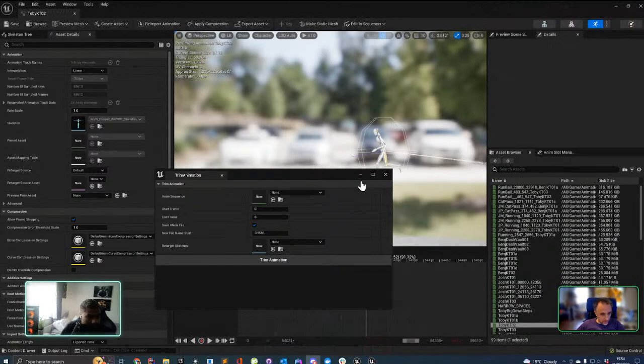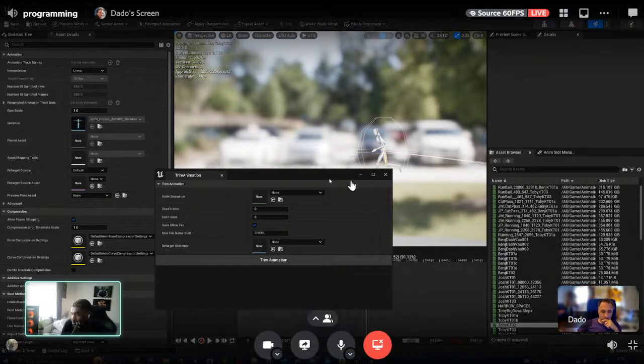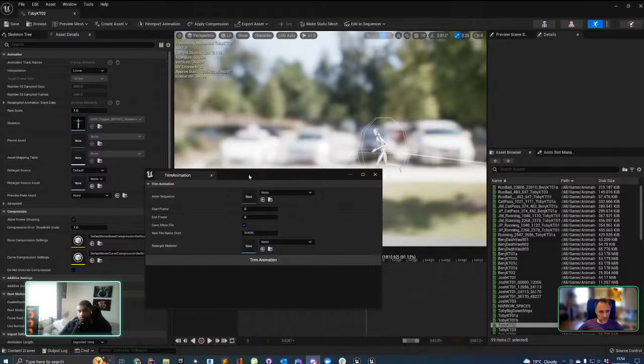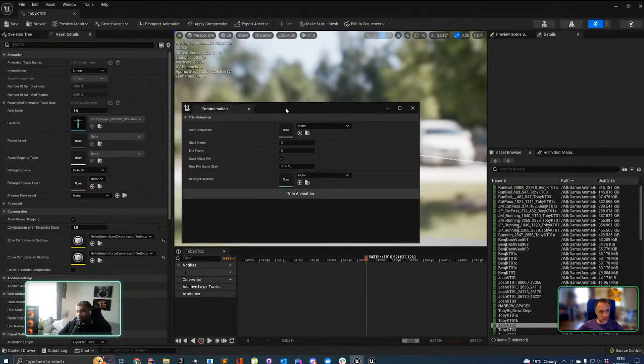Alright, let's do this. Let me recap. We want to build a tool to automate most of the animation pipeline. In this case, we want a tool that automates everything regarding stepping down. As I was saying before, we have this big library of widgets, these windows, that